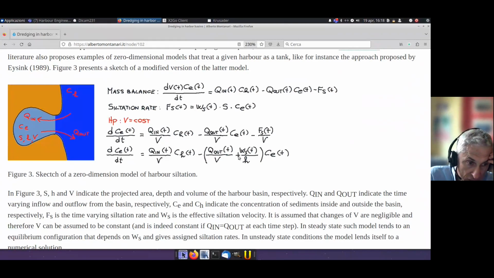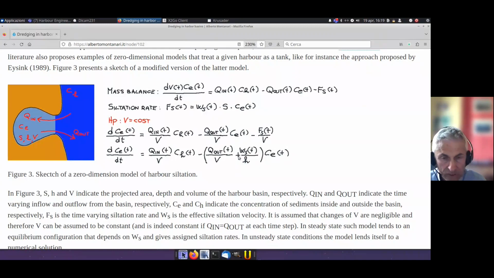And then we have fluxes Q in and Q out, which are the water flows entering into the basin and outflowing from the basin. Now, under this very simplified representation, it is very easy to impose the mass balance of